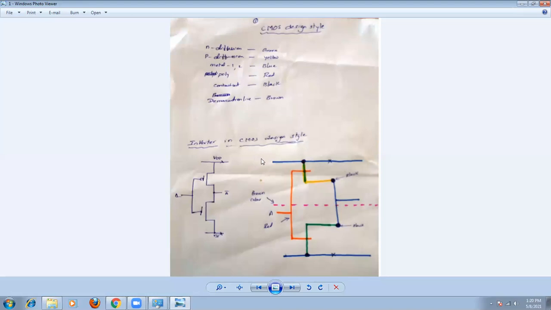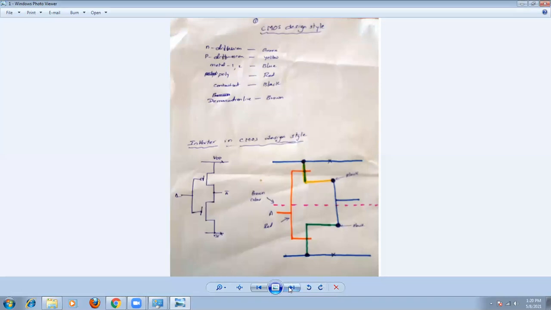Now about the inverter structure. There is the inverter stick diagram, and you can take the output from here. Join these two together by a blue color and take the output from here. And remember, you can use polysilicon, diffusion, or any layer in this case to get the output. If you use the metal line directly, no need of any contact. Similarly, contacts are already there here. From this point, we can use either polysilicon or diffusion to make an output. You can follow any method in this case. That is about the inverter in the CMOS design style.